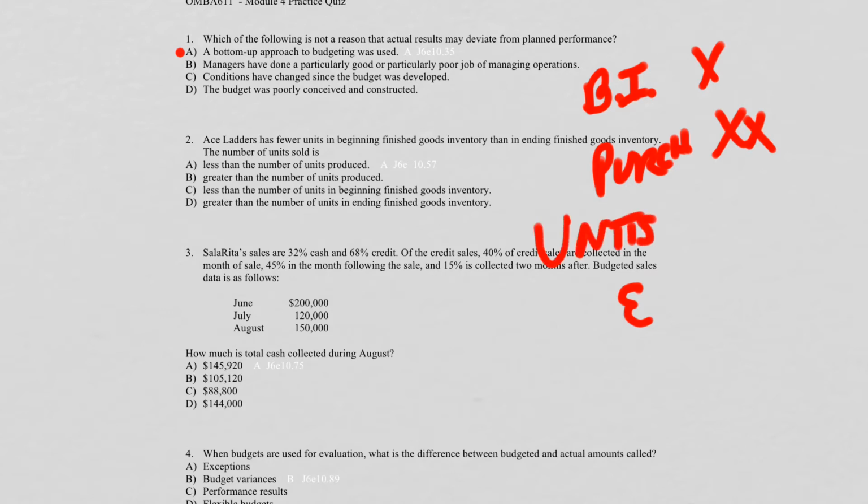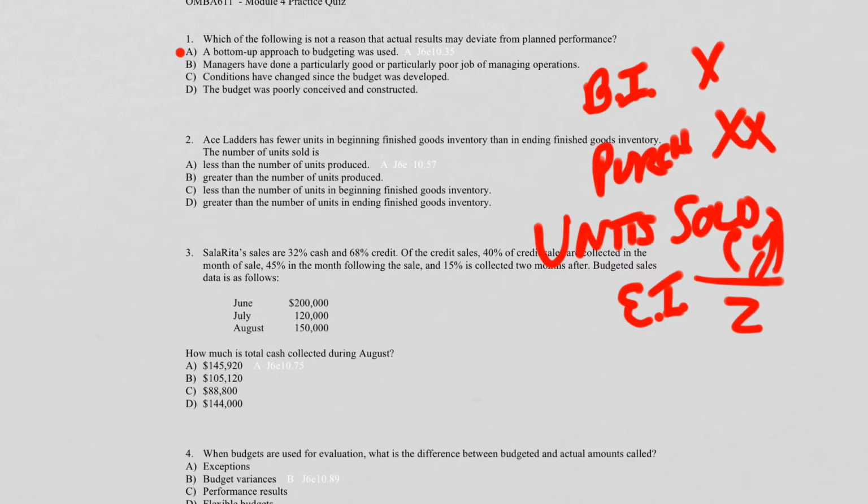Remember, this is what's happening. Units sold, and maybe that is a Y. You subtract that Y from everything, and you're going to get your ending inventory amount, which we'll call Z. So this number here is a subtraction. We're adding purchases, subtracting units sold, and coming up with our ending number. All right, so if the units in the beginning finished goods inventory is less than the ending,